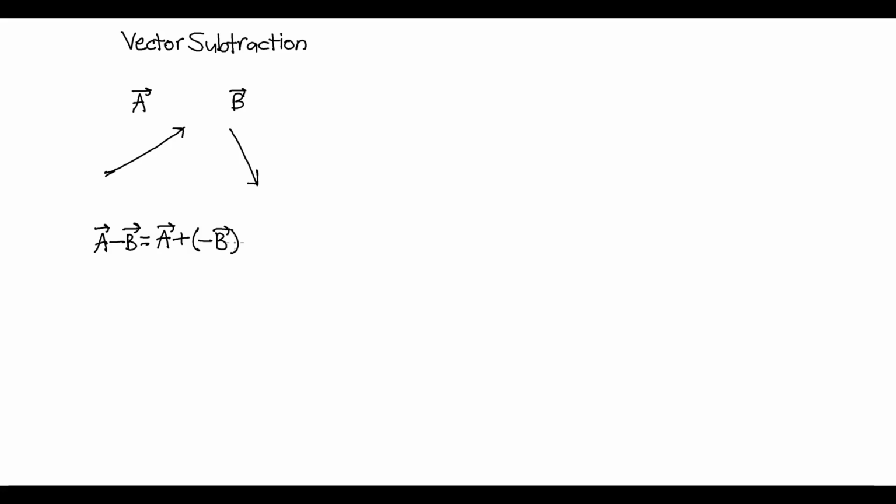So if we were to perform the vector addition, but with the negative of a vector, let's just draw what the negative vector looks like. Same magnitude, but different direction. All right? So if we were to add A plus negative B, what we would do is take this vector A,